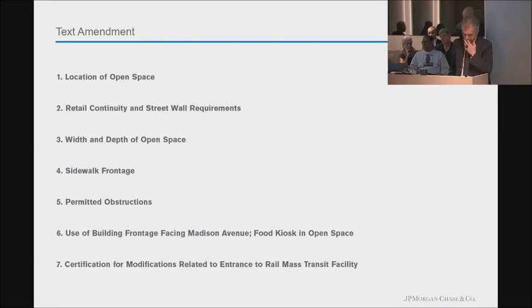In terms of the building frontage that is at the edge of the POPs, on the eastern edge of the POPs, the regulations would otherwise require retail spaces and transparency. But as you heard, that is where the mechanicals and other building support systems in the terra firma will be located. So that would be waived, but in lieu of that, there would be a requirement to provide a kiosk within the space as a form of activation for the space. And then number 7, I gather you have a particular question.